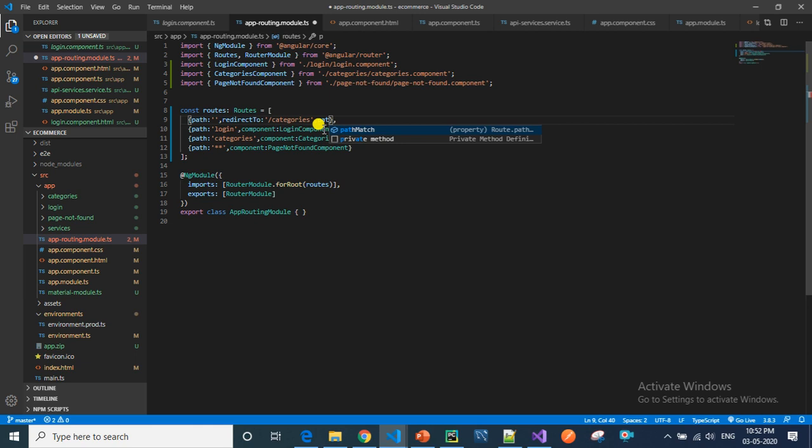Now we will use pathMatch. I will use prefix here. If I use prefix, then it will check only for the prefix. If the prefix matches the path that we have specified here, then it will redirect to the categories component.